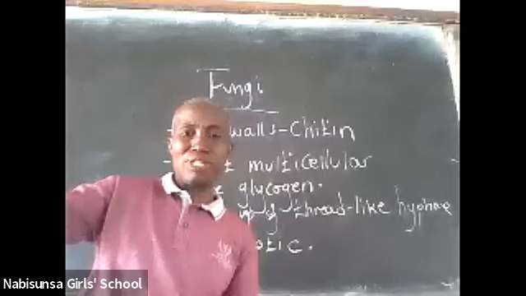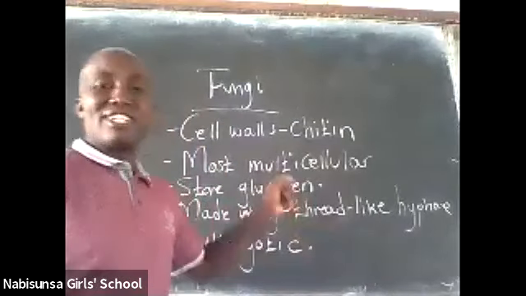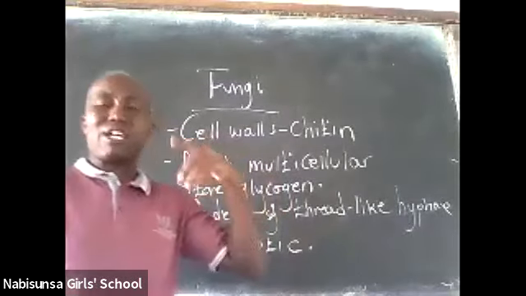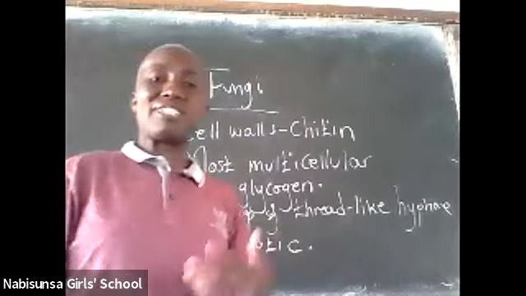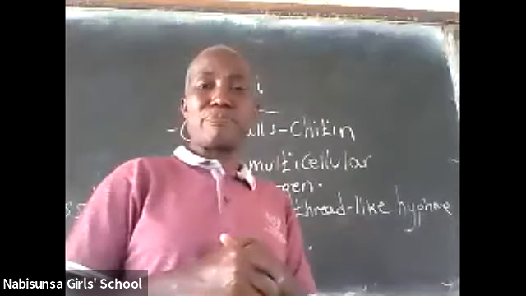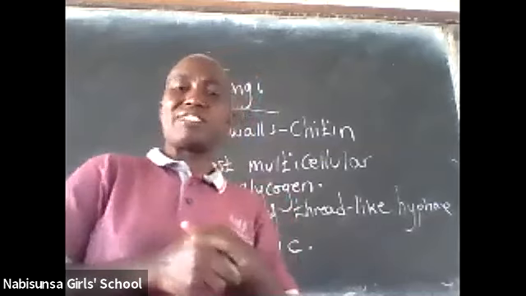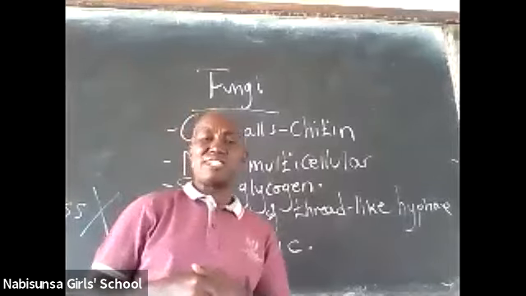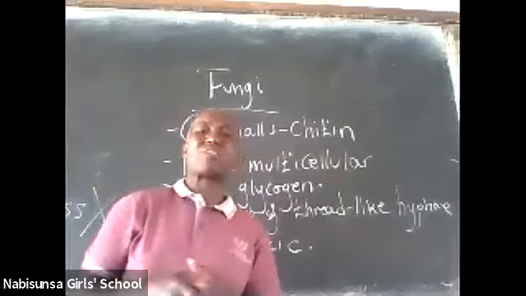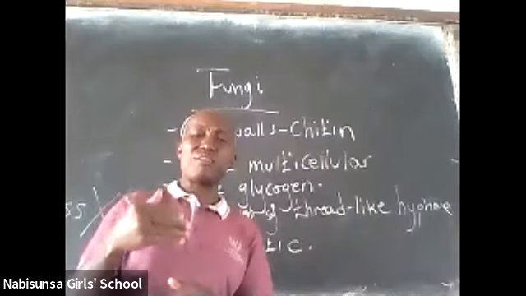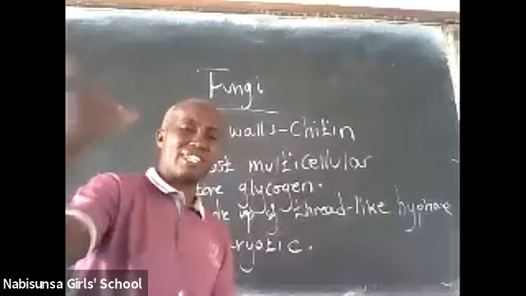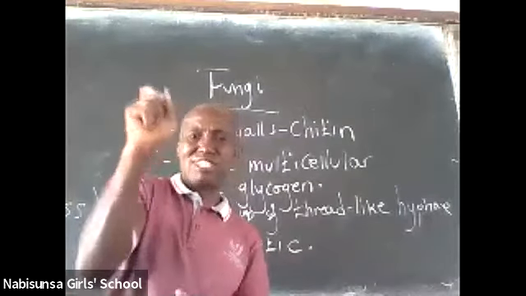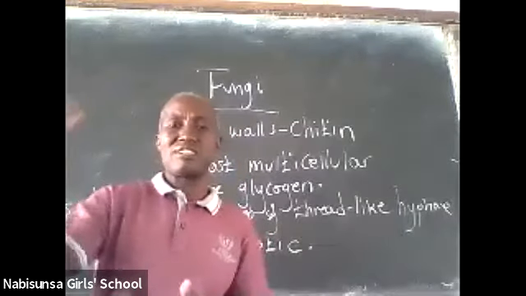Do you mind explaining the point of glycogen again? We said these organisms store glycogen, and glycogen is simply a complex carbohydrate. Cells tend to store food within them. As an example, plant cells store starch. If you remember the structure of a plant cell, inside it you drew some small things and labeled them as starch granules. Inside an animal cell, you drew the same tiny structures and labeled them glycogen granules.